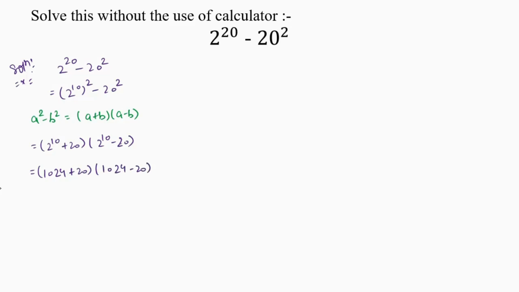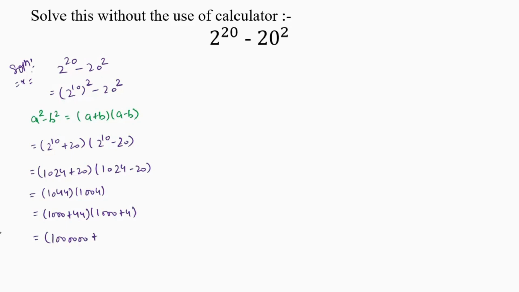On solving this, we get 1044 times 1004. This can be further simplified as 1000 plus 44 times 1000 plus 4. On solving this, we get 1000